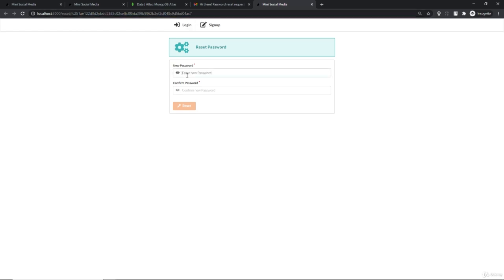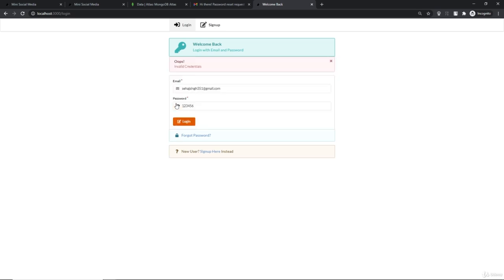And now if I go back, previously I added the password 123456. Now I'm going to add 789456. And here too, and reset. And you can see we get the password reset successful and log in again. So now if I log in with my old password, 123456, invalid credentials, and the new one,